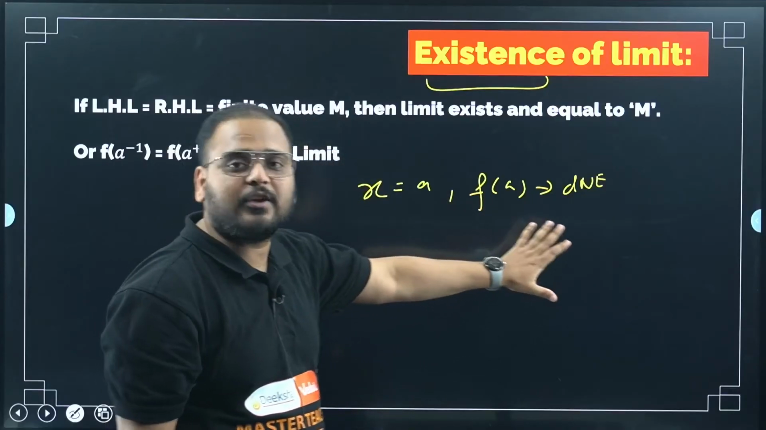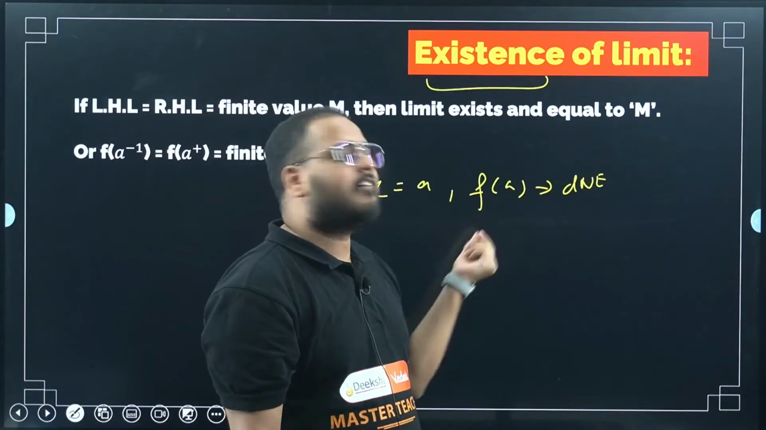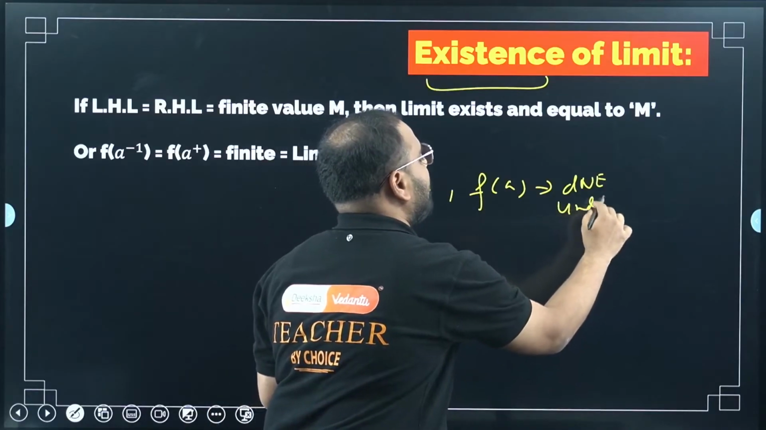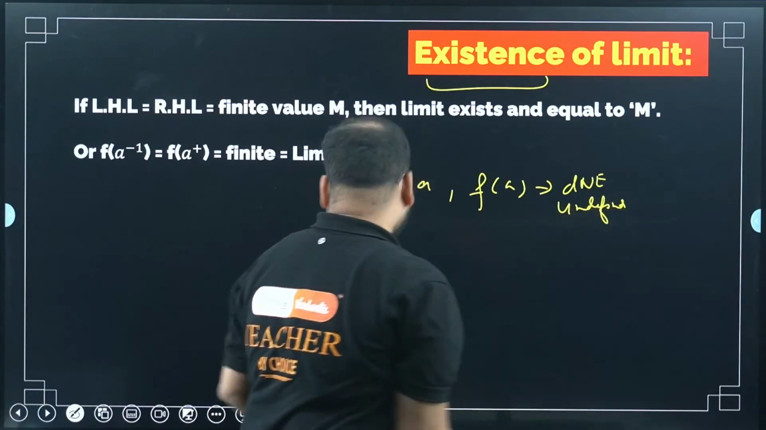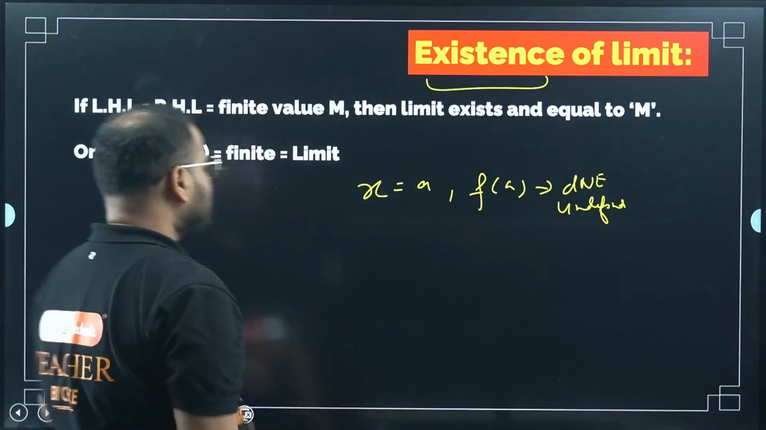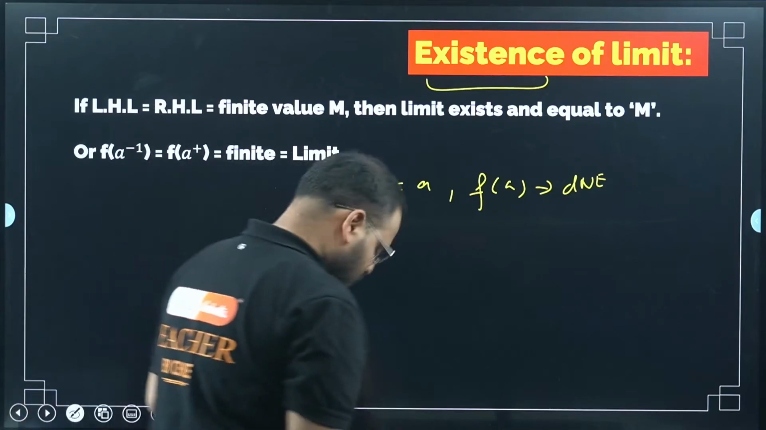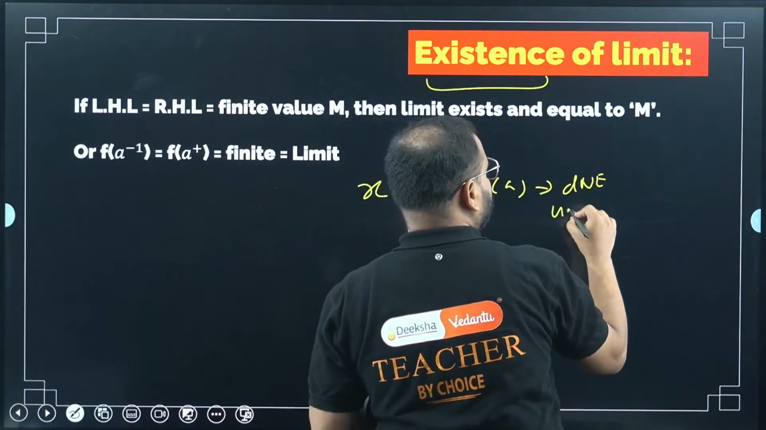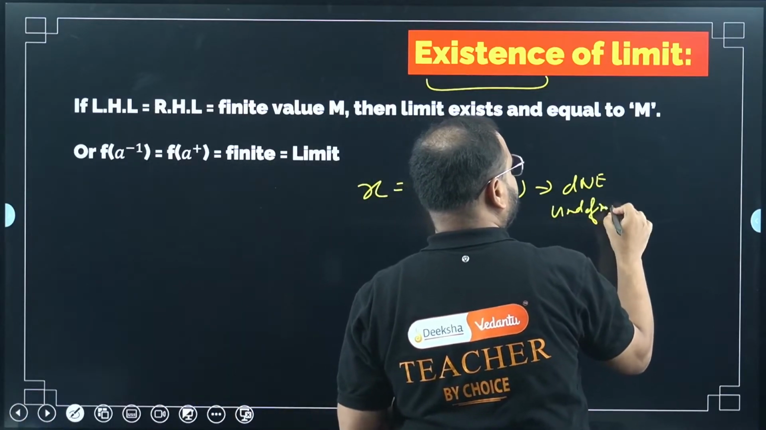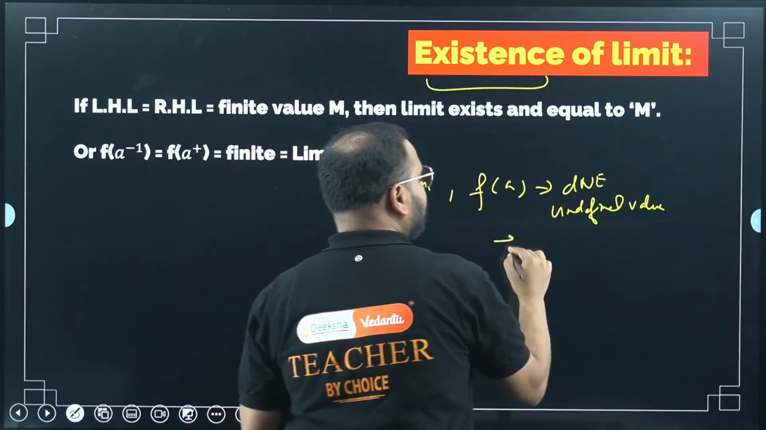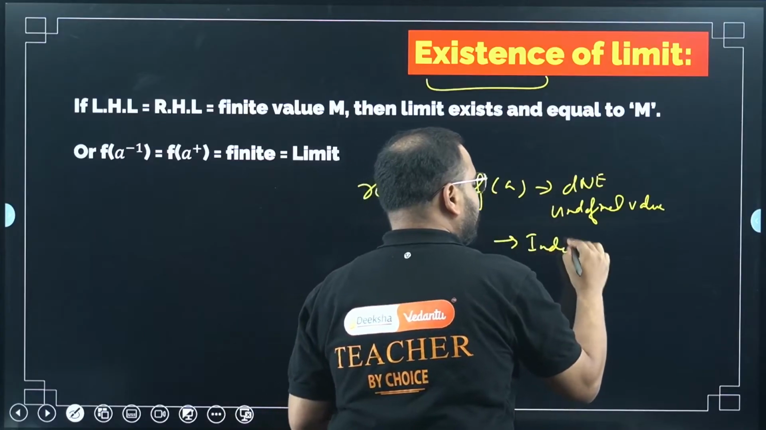First of all, the function is not defined, you understood, right? How is the function not defined? If the value of f of a you cannot reach, it will be an undefined value. So actually you'll reach an undefined value. So how can we say this? Something you call as indeterminate